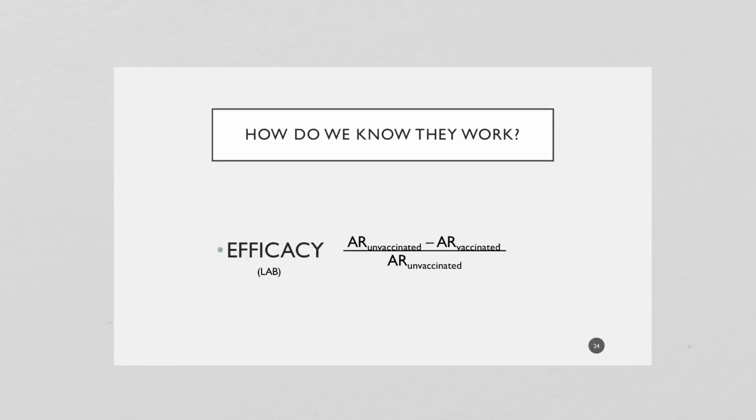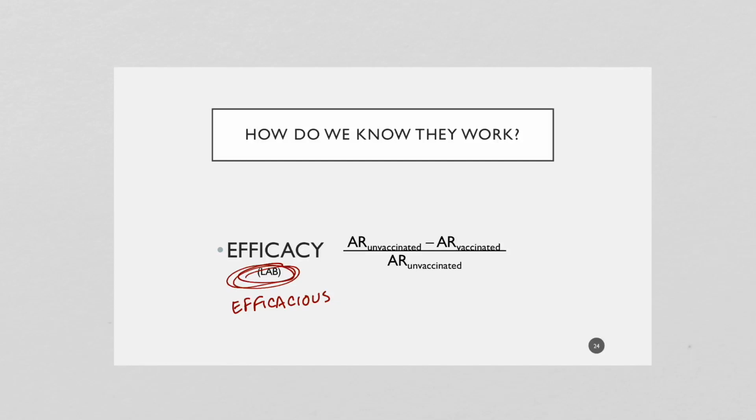All right, so you heard me talk about efficacy. You're saying that a vaccine is efficacious. That is the adjective that we use. And when we are talking about efficacy, we are talking about the lab situation. So when we're doing the clinical trials, the phase 2 and phase 3 clinical trials, we look at efficacy. We're going to talk about the real world, and that's effectiveness, in the next slide.